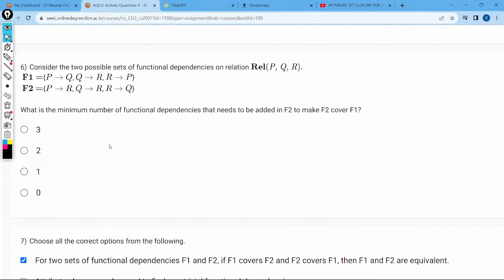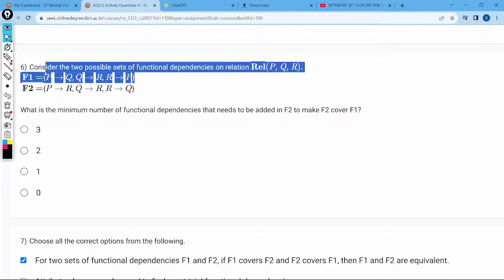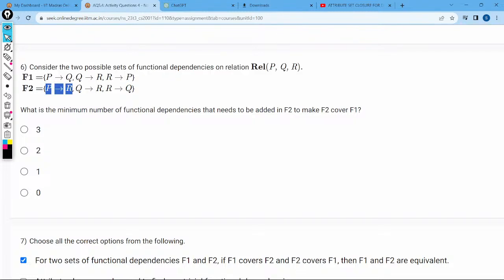Consider the two possible sets of F1. This is a cyclic pair. This is a cyclic pair. Here P reaches R and R reaches Q. R reaches Q and Q reaches R. Okay, so in this case,